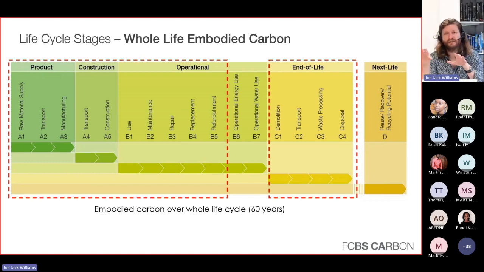And then you've got the end of life at the end of it. So these C modules, we call them: C1, C2, C3, C4. And that's really how you take your building down. How do you process all of that waste? And then what happens to it? Is it incinerated, or does it just end up in a hole in the ground? So really useful. What I haven't mentioned in the middle, there's B6 and B7. Those are operational energy. I'm not going to talk about operational energy today. And operational water use, obviously, they've got a carbon impact as well. So very important to think about.